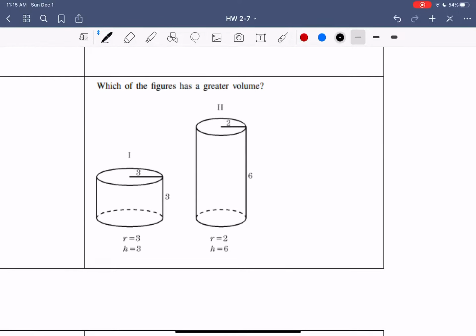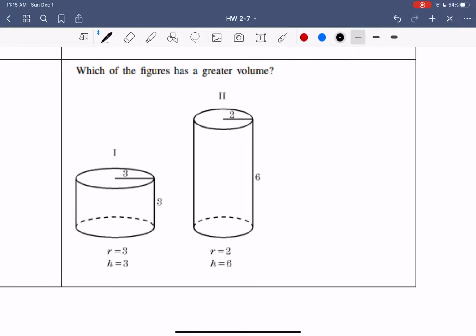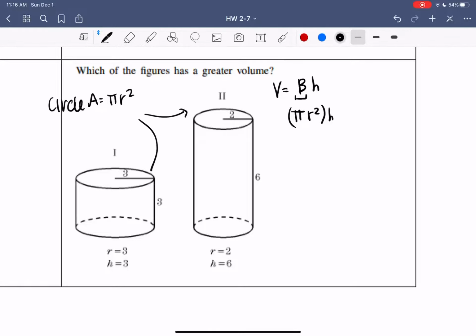And moving to this one, which figure has a greater volume? So remember, we can solve volume equals big B H. Remember, this is going to represent the area of our base, which is pi r squared, because the area of a circle is pi r squared, and these are both circles here for our base. So formula here, substitute. For our first one, we have a radius and a height of 3. So we're going to have pi